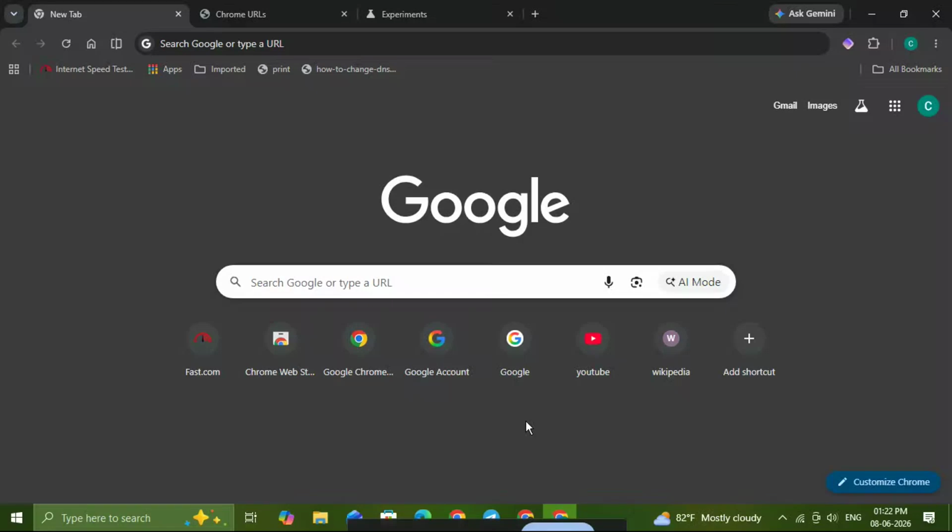If you've ever wondered where Chrome hides its secret tools and experimental settings, you're in the right place. In this video, I'm going to show you how to access the hidden Chrome menus, including the full list of Chrome URLs and the popular Chrome flags page. These menus can help you explore diagnostic tools, test new features, and even unlock browser options that aren't visible in